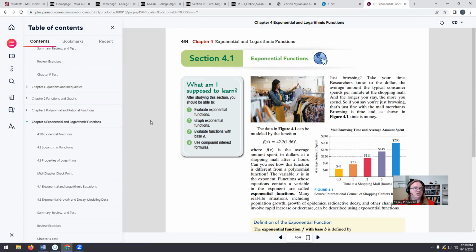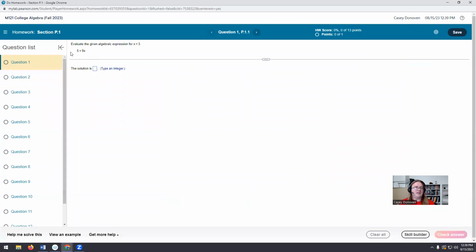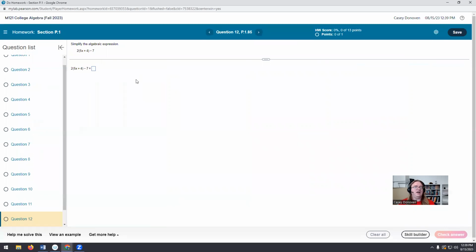And I also wanted to quickly show you what the homework looks like. So you've got the videos, you've got the textbook, and then we also have the homework itself. So I've just clicked on the first homework assignment. This is what it looks like. Let me expand this. And then you can skip around and do any particular question that you want. If you get a question wrong, I think it gives you 3 attempts before it just counts it wrong. And then you could try it again, and you'll get 3 more attempts with slightly different numbers. You can also click on view an example, or you can ask it to help you solve it, and then it will give you a new question.